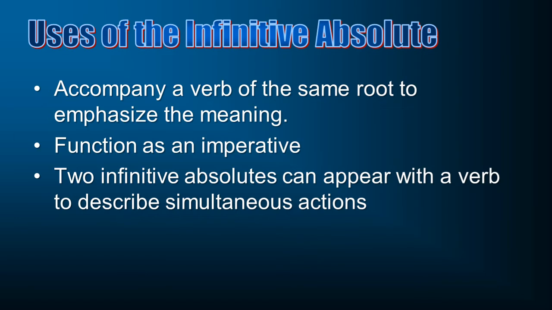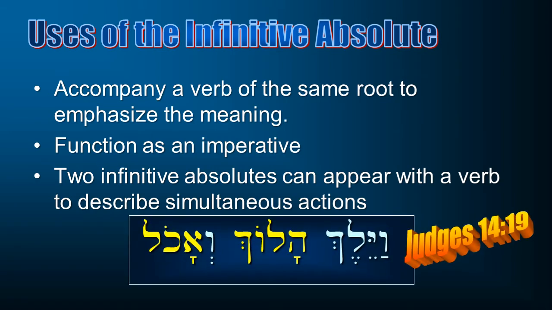And then you can have two infinitive absolutes, which can appear with a verb in order to describe simultaneous action. Judges chapter 14 and verse 19. Vayelek, that is the idea, and he walked, and what's going to be interesting, and he walked halok, he walked walking. It's the same word. You say, wait a minute, where's that hey? Remember, it dropped out because we have there the